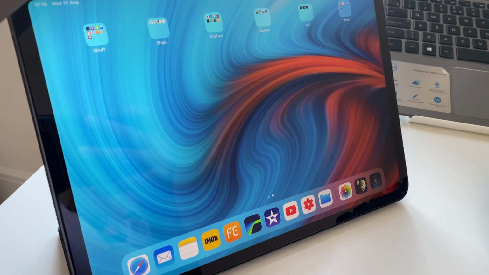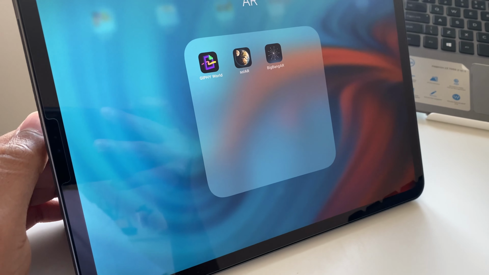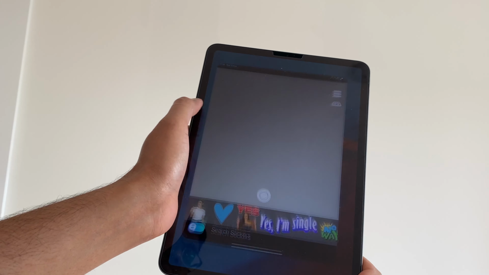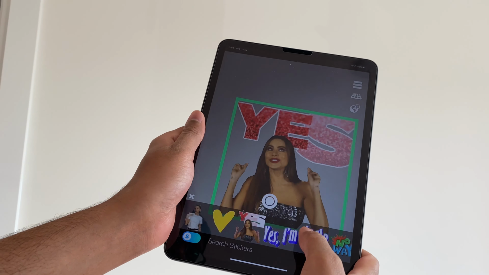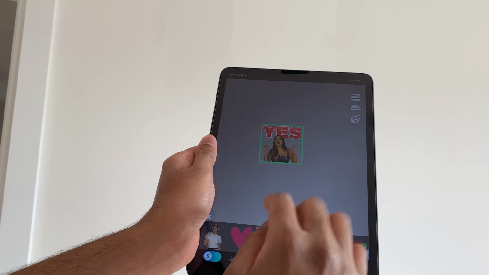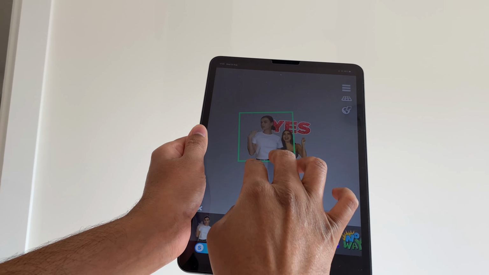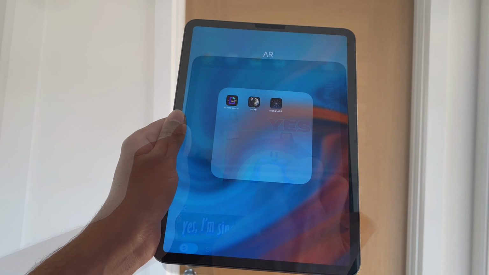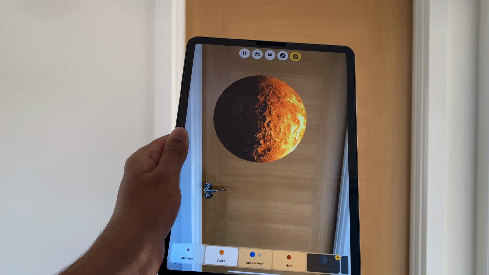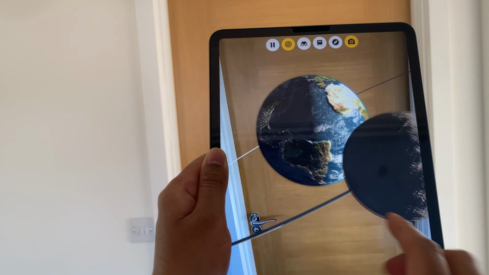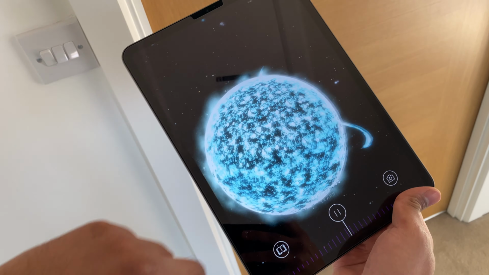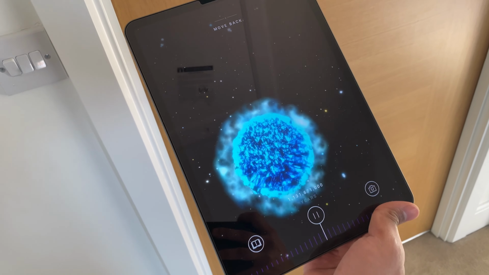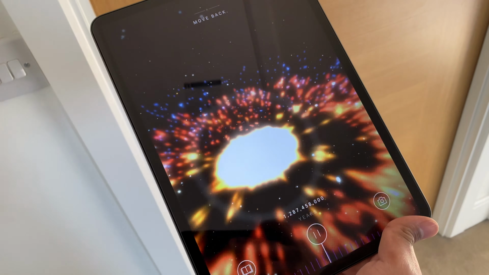Next, I have a folder called AR, and I have AR related apps in here. Main thing is to test out the capabilities of that LiDAR scanner in the iPad Pro. First app is called Jiffy World, which allows you to superimpose virtual graffiti on walls and take pictures, so it's a legal and trouble-free way of doing this. Then the Solar app, which shows the planets in 3D. And then the Big Bang AR, which gives you this super cool way of experiencing the beginning of our known universe and navigate through its details.